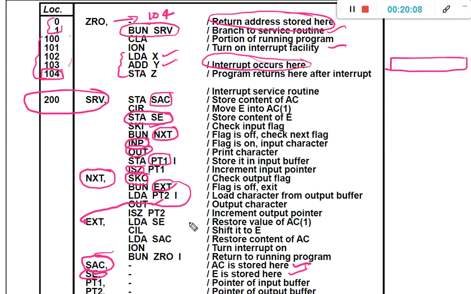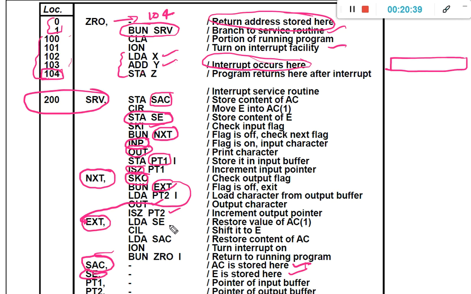Now increment the pointer: increment and skip if 0. If it is 0, then skip the next instruction. If it is not 0, then continue. Like that you can print a number of characters. If the flag is off, then you move to the exit. This code represents the exit.